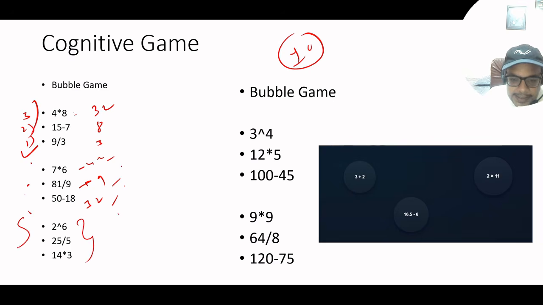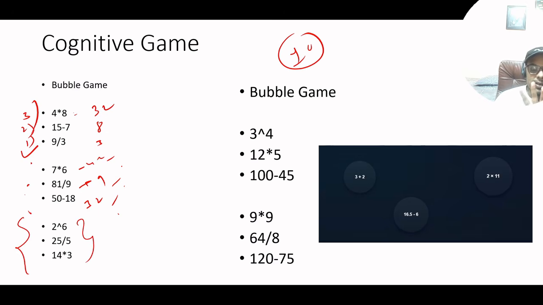Now after seeing this, sometimes we just need to see the question, and after seeing the question we just need to predict the answer. There is nothing that we need to actually calculate everything, right? Sometimes we can predict the values, and based on the prediction we can give our answers, right?